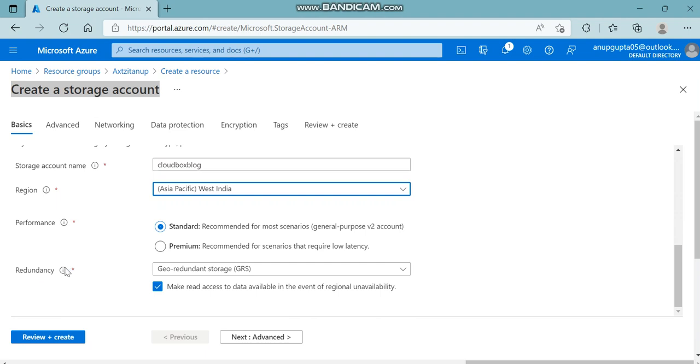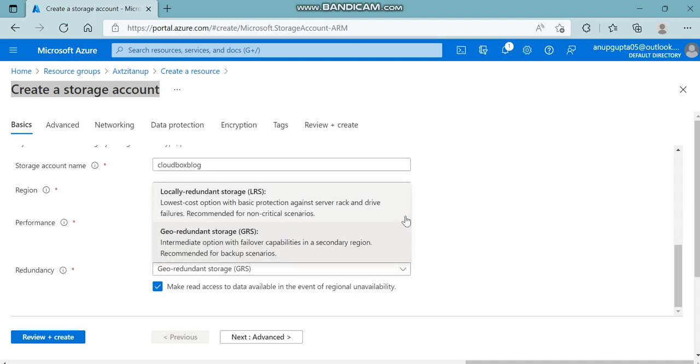redundancy. So redundancy, what it reflects. Okay, you are going to select which region, and how your data will be stored. Suppose it may happen, right? You have selected only one region and your data is located there, and maybe some disaster happens. Okay, so your data will be lost. So that's how Microsoft tells us there are a few options, like you can